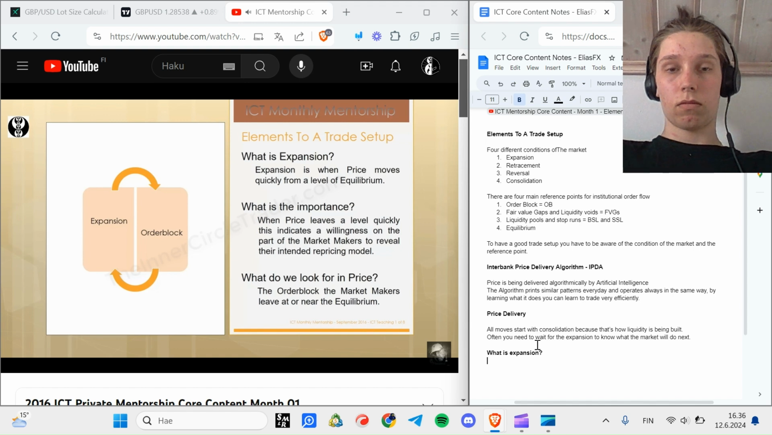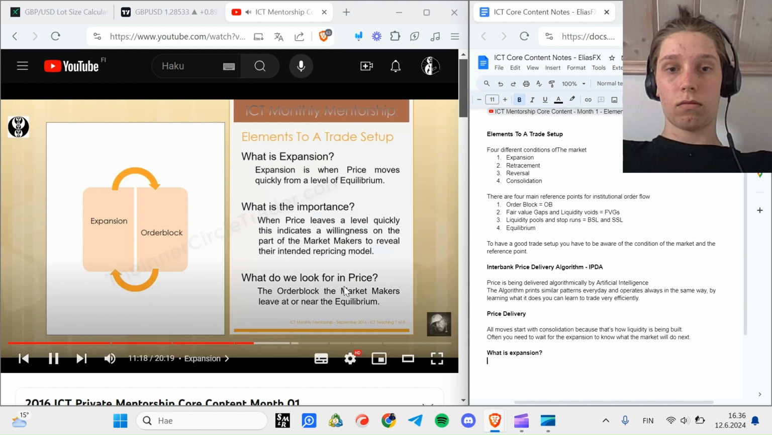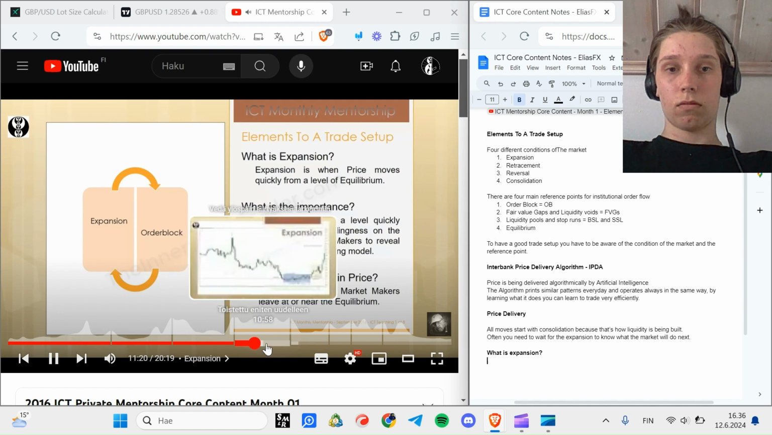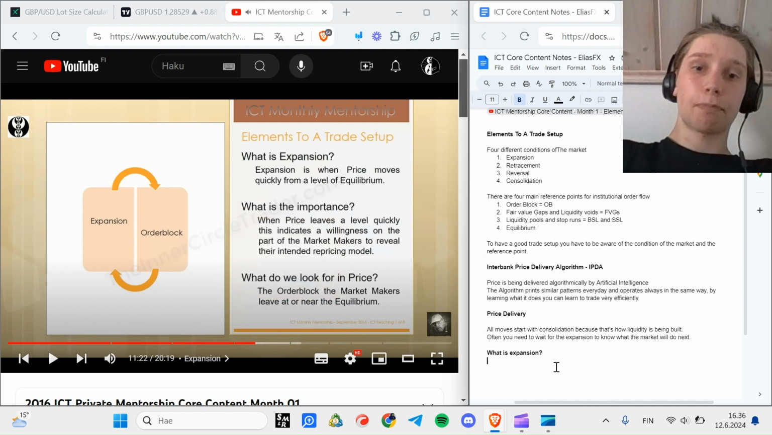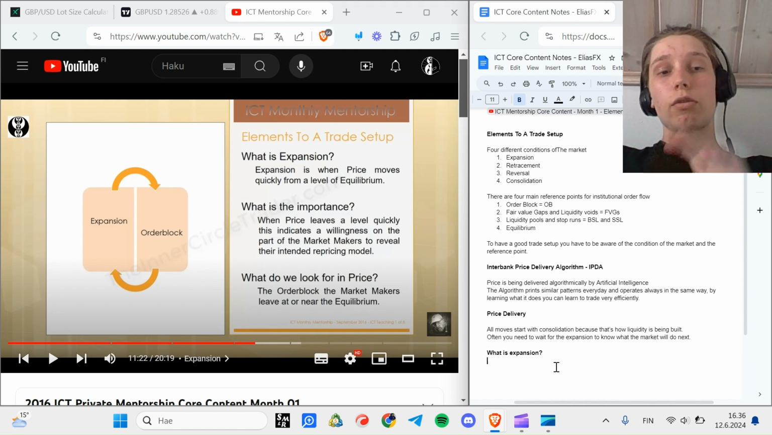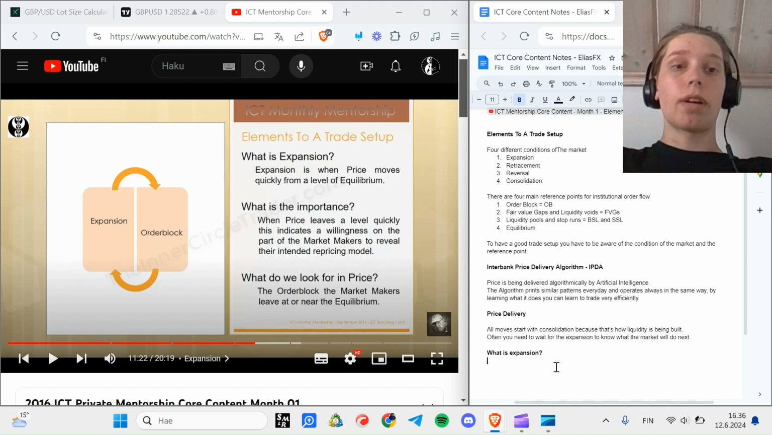Where is that going to occur? Well, what do we look for in price? The order block that the market makers leave near or at the equilibrium price point. So I know what you're thinking. Okay, Michael, this is already going over my head. Give me something. Okay, so basically here, a good element for a trade setup is when price is at the